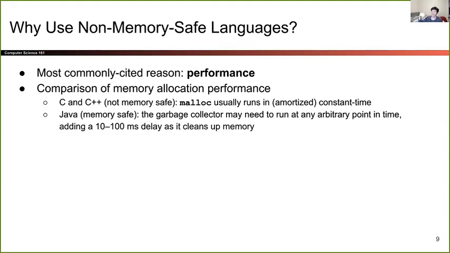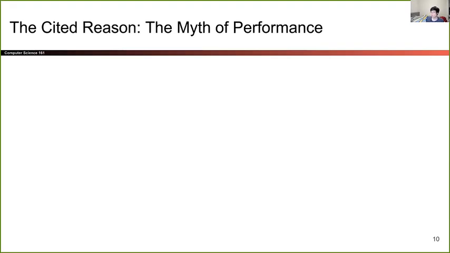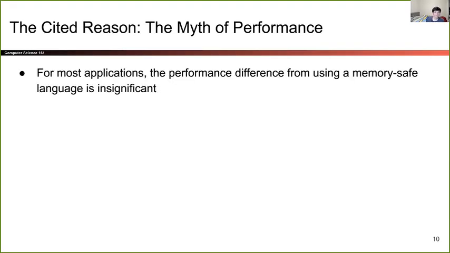So I might be halfway through executing a piece of code, and all of a sudden the Java runtime says, oh, I need to go and clean up some memory. So I'm just going to add a 10 to 100 millisecond delay or so. So this has some basis in reality, but nowadays is actually more of a myth than anything. For most applications, you're not going to see that much of a difference in using a memory-safe programming